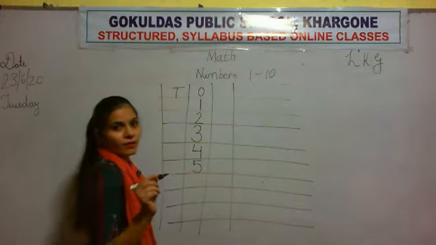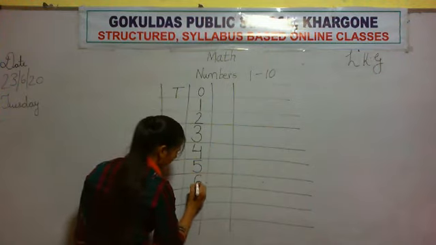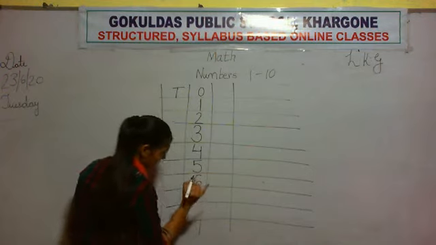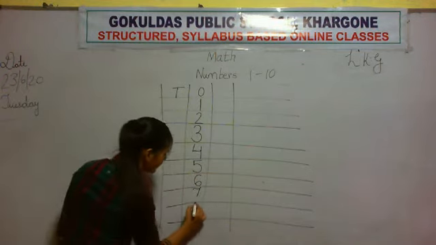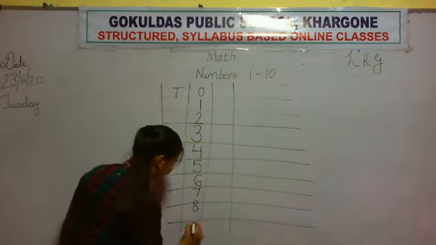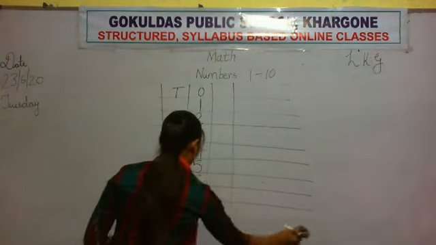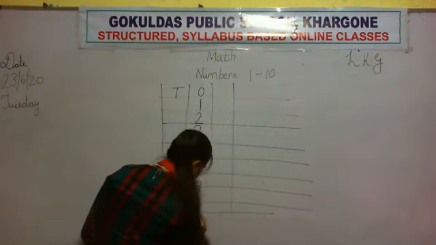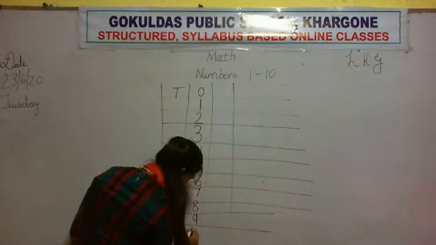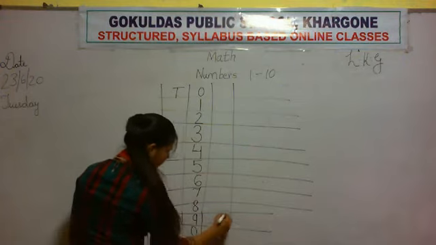Okay, here we write slipping line, standing line and half curve. This is number 5. Okay, now write half curve and circle. This is number 6. Slipping line and slanting line, number 7. Half curve and half curve, number 8. Then number 9. Standing line and half curve. Then 1, 0, 10. This is your counting 1 to 10.